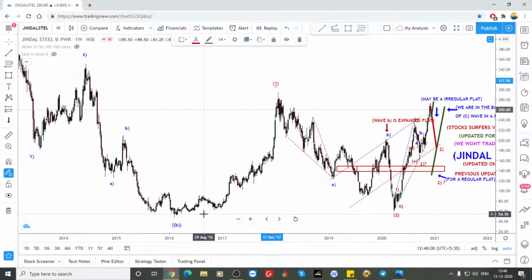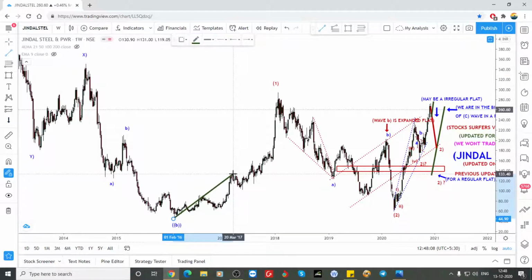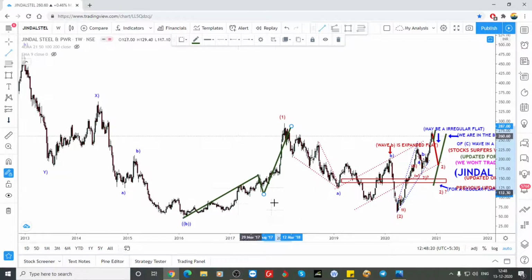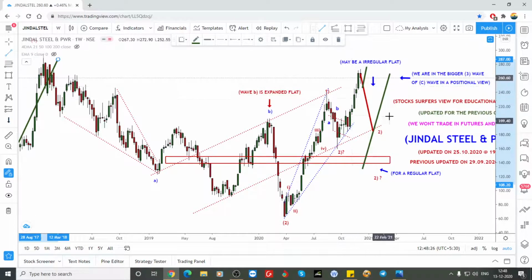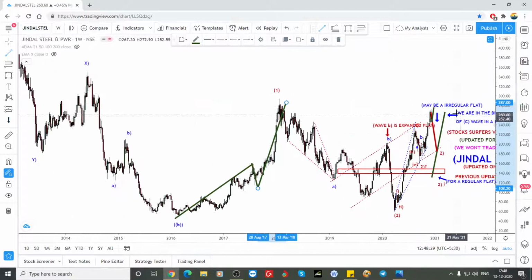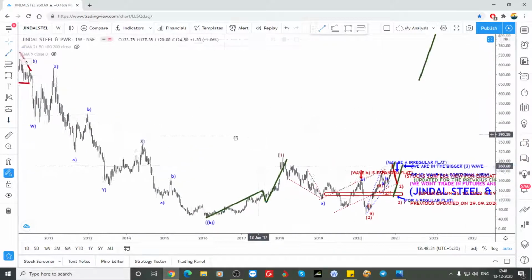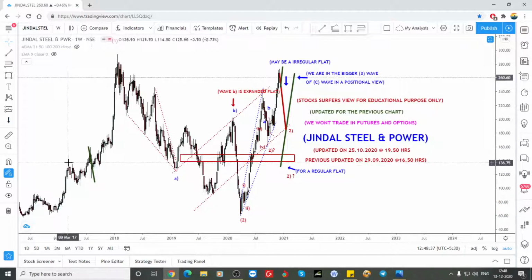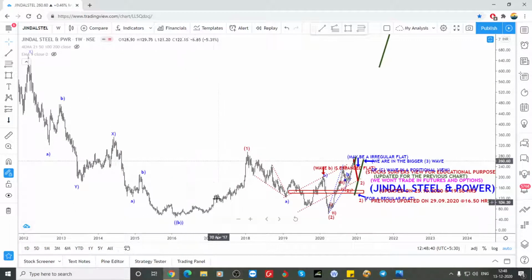but sometimes if we look at this as a 1, 2, 3, 4, 5, this could be a 3-way structure also, 1, 2, 3, 4 and 5. So this could be a 3-way structure also. So in that case, A, B, C as a 1 also, A, B, C as a 2. So here also A, and again a little bit deeper B, and C can be again W, X, Y, that kind of diagonal triangle pattern can also happen. So here the wave count, I'm not so sure about this here,